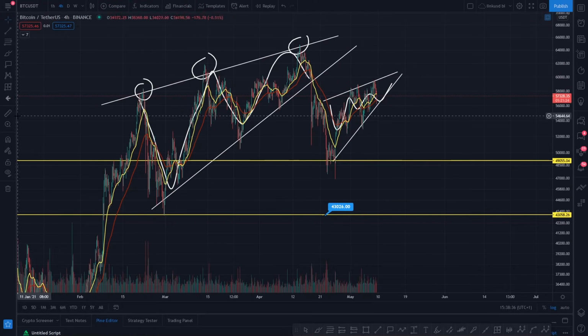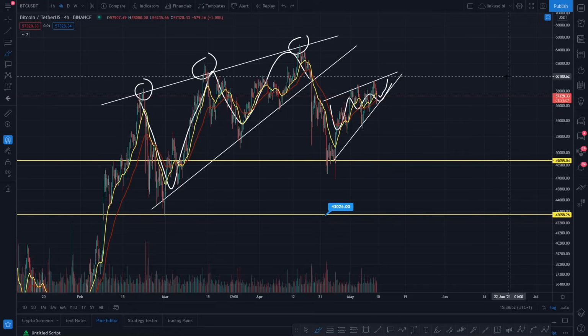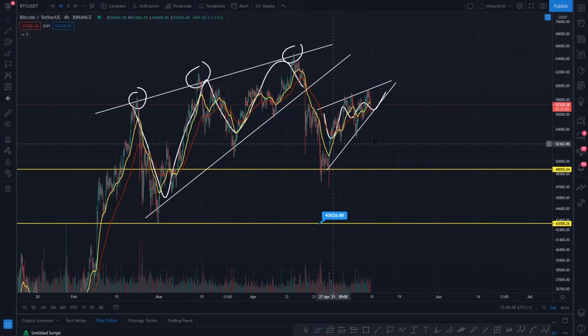So right now, to invalidate this, you need to see Bitcoin actually march on and break this key level of resistance and go on to make these highs. But at the moment, it's not looking too strong for Bitcoin to do that, because it keeps failing at resistance. Like I've said to you, always been fully transparent with you, if we fail to break the high, you're going to roll, and that's effectively what Bitcoin's got on the cards at the moment. So do keep an eye on the 4-hourly time frame, draw your resistance line right now,